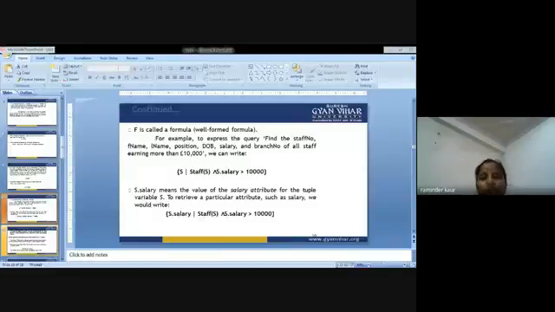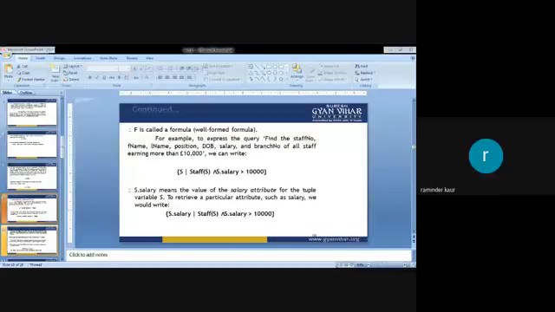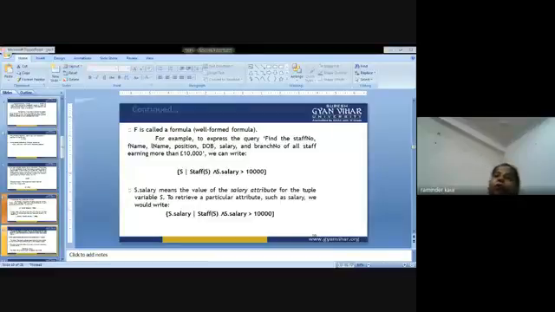As I have discussed earlier, there could be notations that could be applied on the staff table. There are certain attributes that are associated with staff, and I am applying a condition on a particular attribute that is related to salary. So I want the staff numbers who are having salary greater than 10,000 rupees. In this manner, it could show me the details of the employees or staff members who are having salary greater than 10,000.